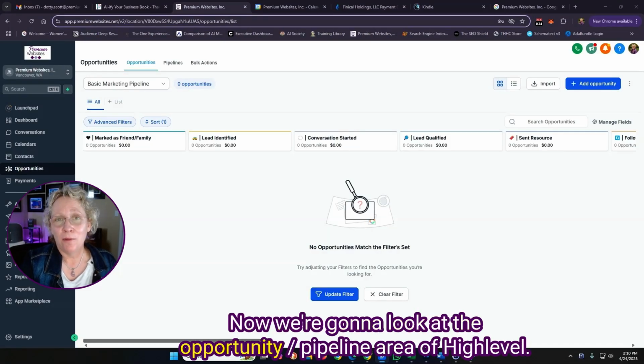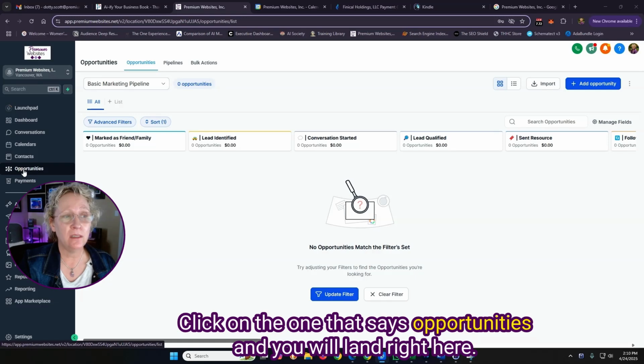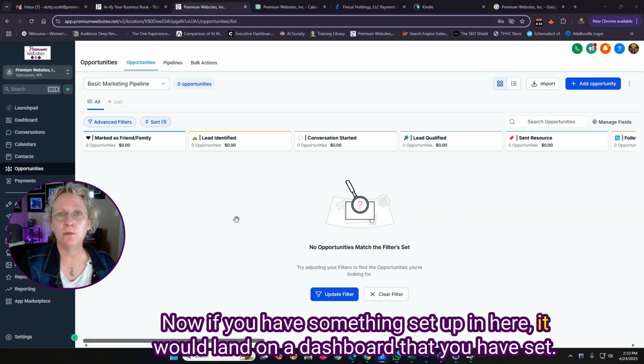Now we're going to look at the opportunity/pipeline area of Highlevel. Over on the left-hand side going down, click on the one that says Opportunities, and you will land right here. Now, if you have something set up in here, it would land on a dashboard that you have set as